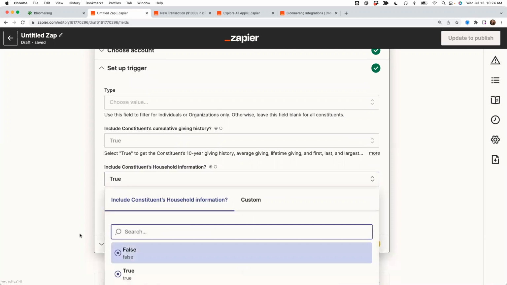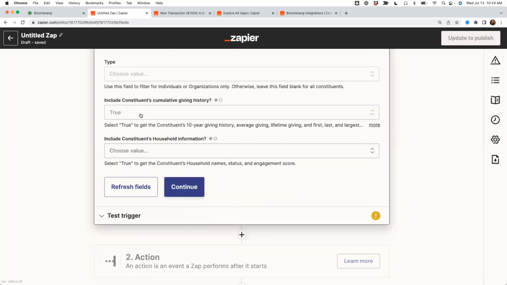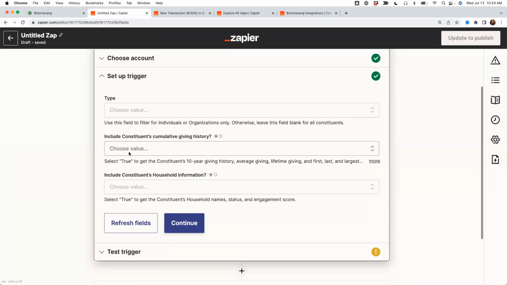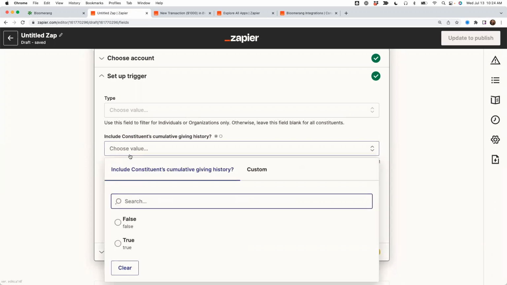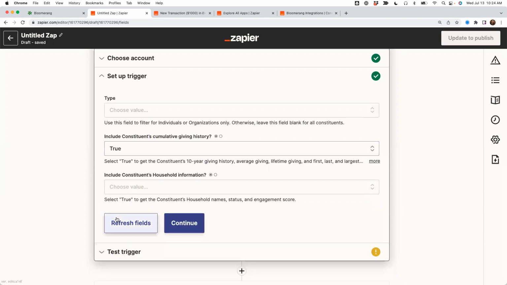If we leave these empty or false, it's going to go ahead and not hydrate or not pull that information into Zapier. And you can leave these false if it's not needed for your workflow. But if you do want to include or filter on any of that information, it can be very helpful to include those in your trigger. So we'll go ahead and include cumulative giving history